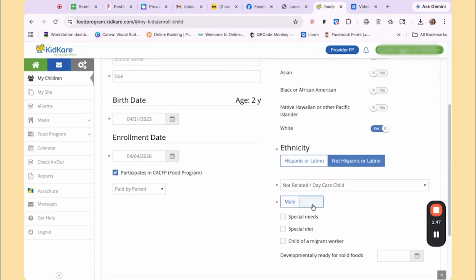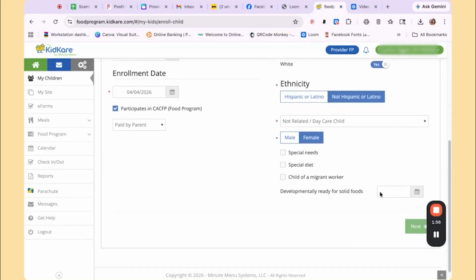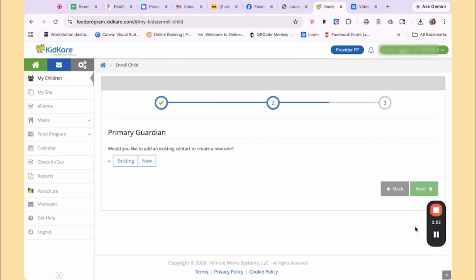And then the sex of the child, you would be able to select if they have special needs, a special diet, child of a migrant worker, and if they are an infant, you can enter in a date for when they are ready for solid foods in this section here. So now we're going to click Next, and we are going to enter in the primary guardian or parent information